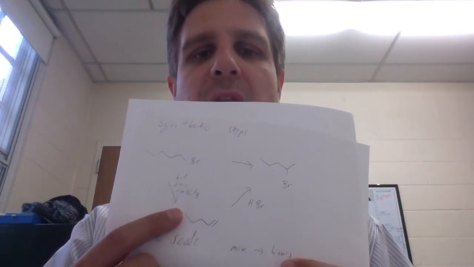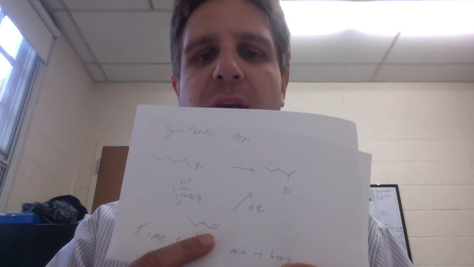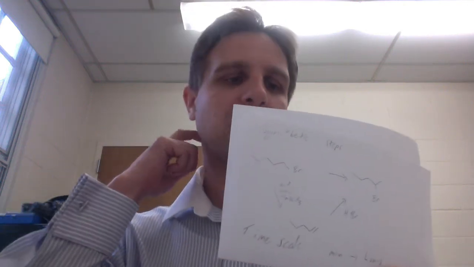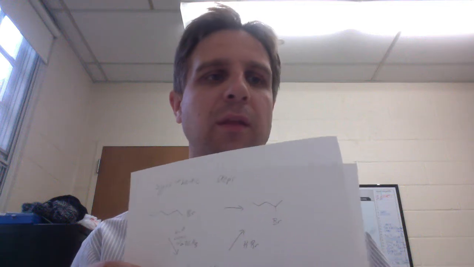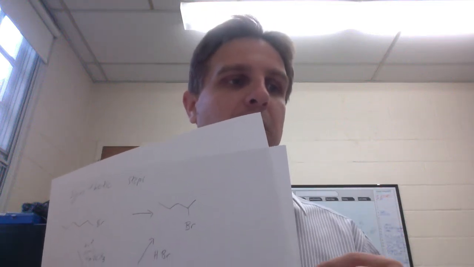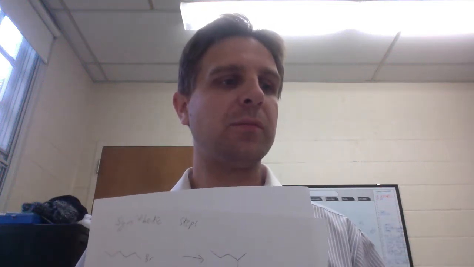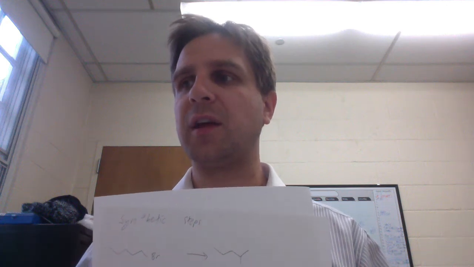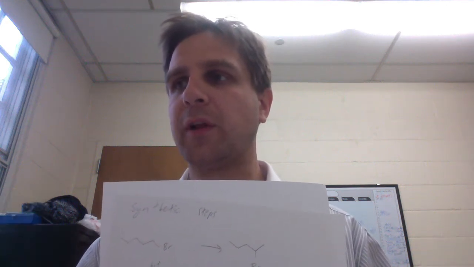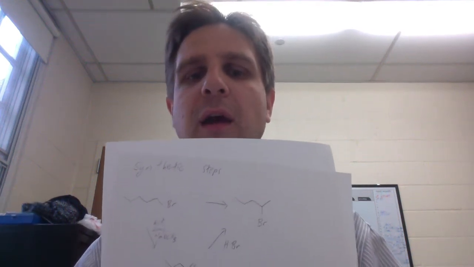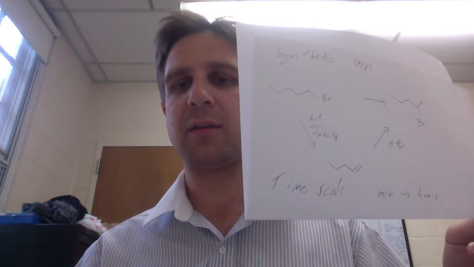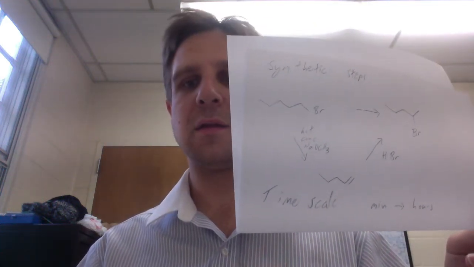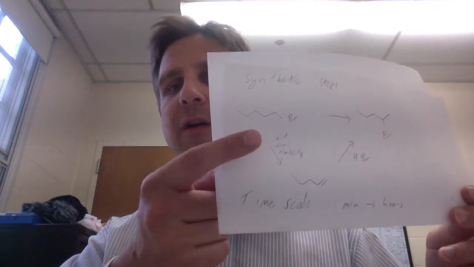Then we're going to generate the alkene. From that alkene, we can then isolate it. Maybe we're going to do an extraction. Maybe we will do distillation or recrystallization if our product is a solid. And then finally, we're going to take that isolated solid and add in HBr to get our final product